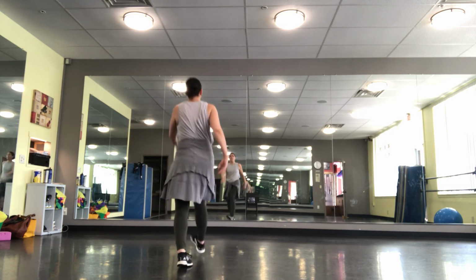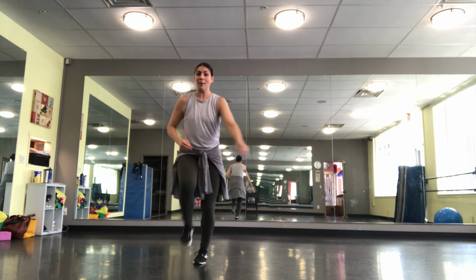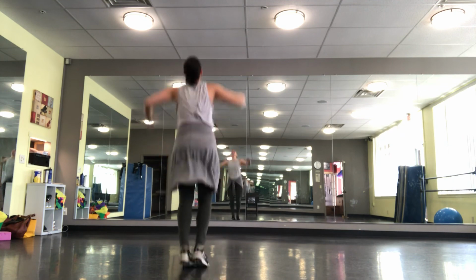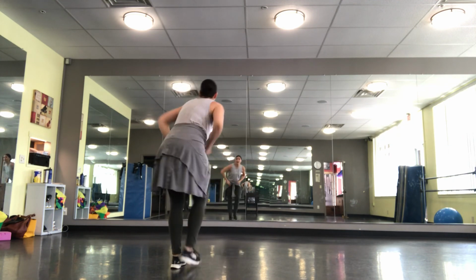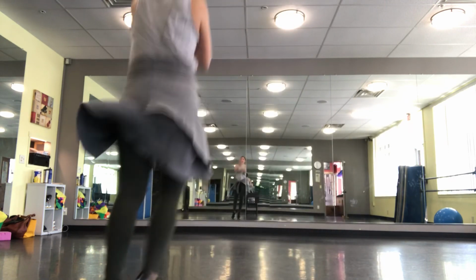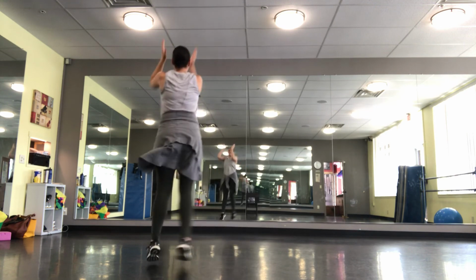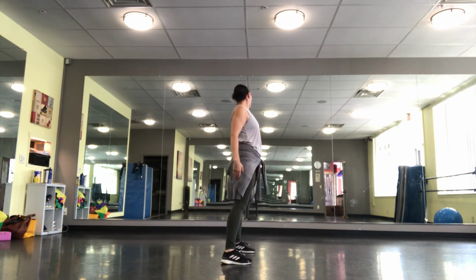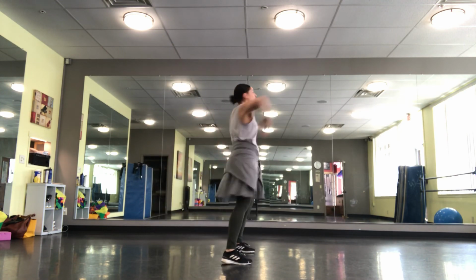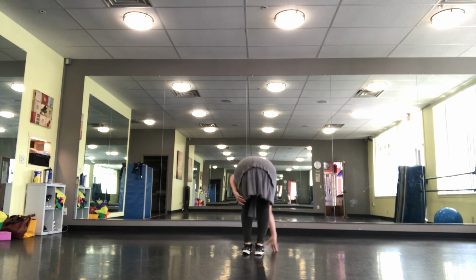Part 2. Pivot, turn, step. Jump, clap, pivot, turn, step. Jump, clap to the right. We switch and jump, left, traveling back, then right, traveling forward. We step 1, 2, point left, and 5, 6, right arm goes up, melt, 2, 3, 4, roll up, 6,